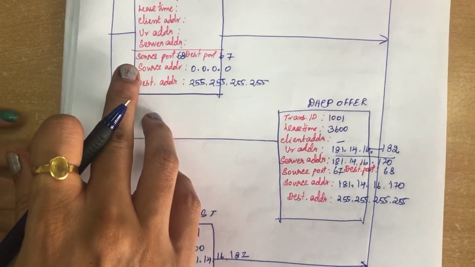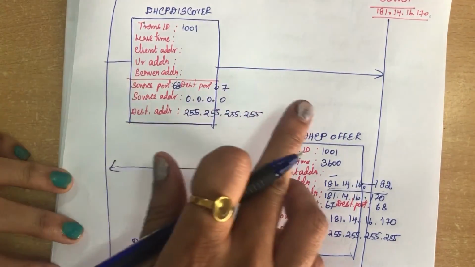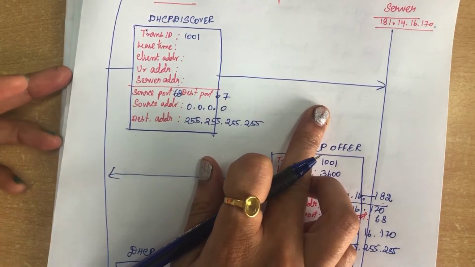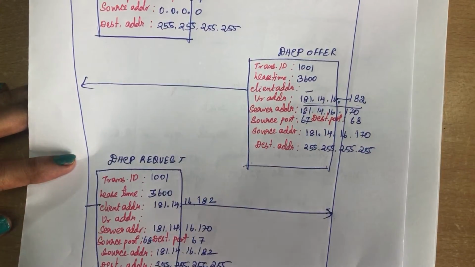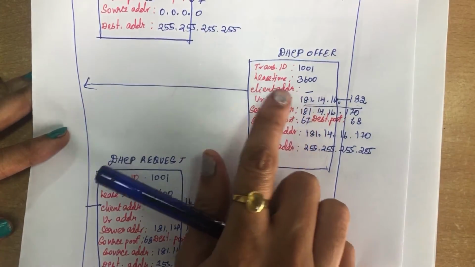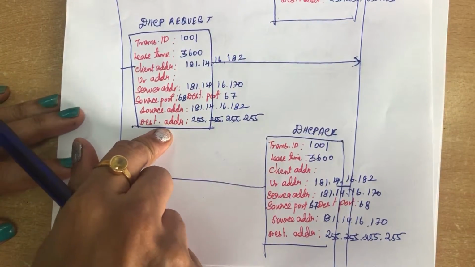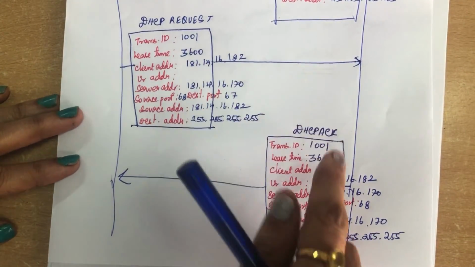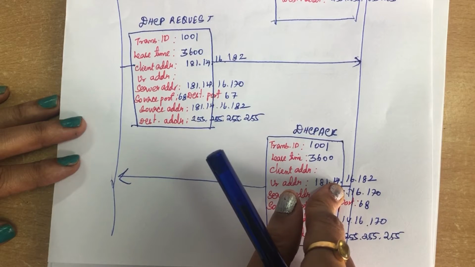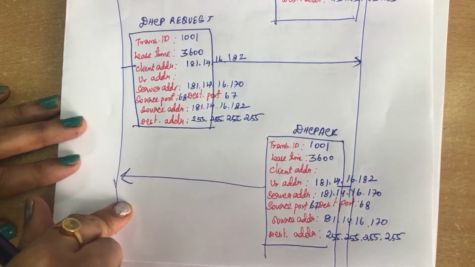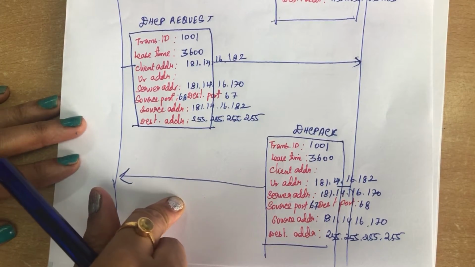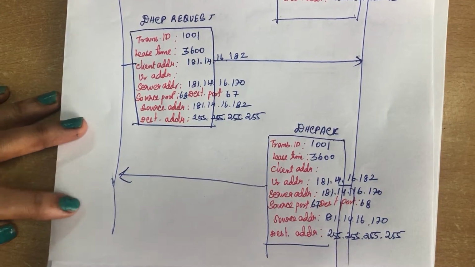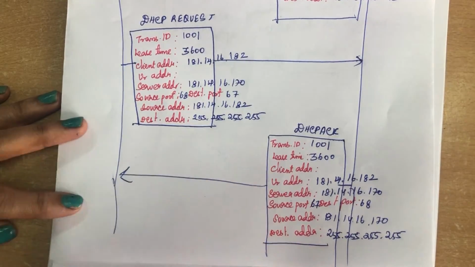So whenever a client wants an IP address from the server, first it sends a DHCP discover message, a broadcast, to the nearby server. Now the server sends the best offer, an IP address with the specified lease minutes. The client can select any one of the offers and send the request message to the server. Then the server sends the DHCP acknowledgement message to the client, accepting the request. Then the client can use the IP address for the specified time.